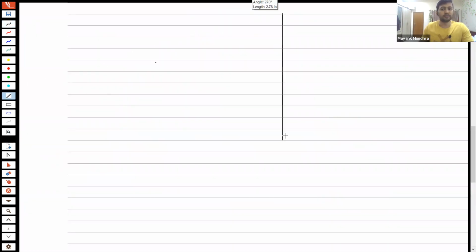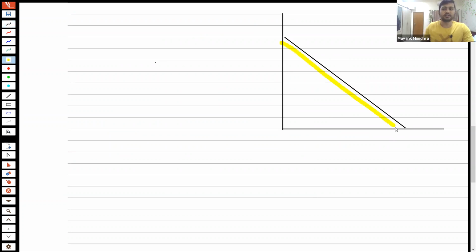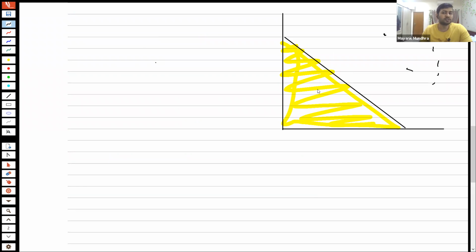In the 2-dimension case, what we were essentially doing is this was the budget line, right? So this set was the budget set, and we were saying that we have to find an optima in this triangle only. Optimas here, they don't matter. So we are restraining the domain of the function. In n dimensions, we are going to do something similar.